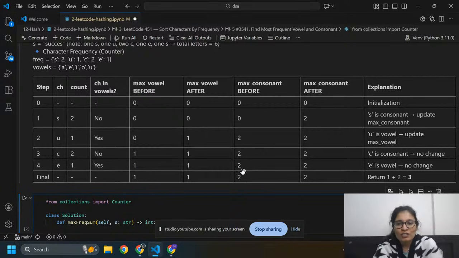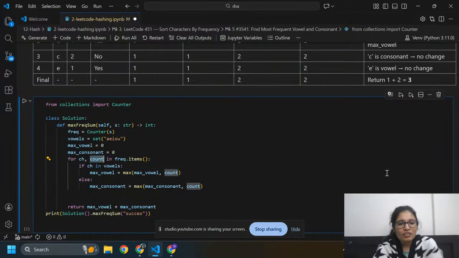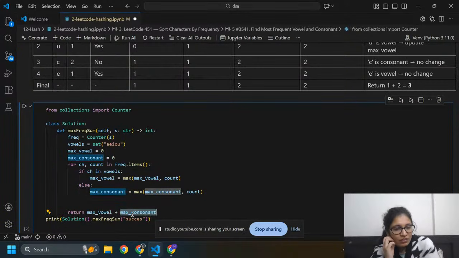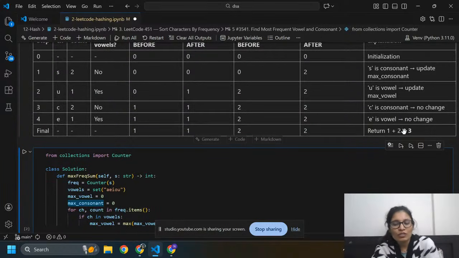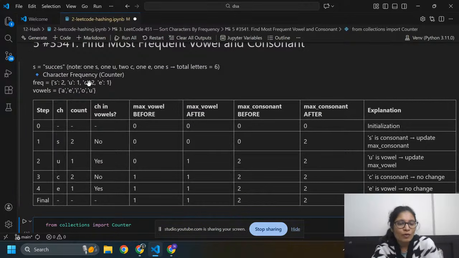Maximum consonant before is 2 and after is 2. So if you find that it is in vowels and the count isn't larger, we don't need to change anything. Then it will take the maximum vowel and maximum consonant, so before I have one vowel and two consonants, so the sum will become 3.